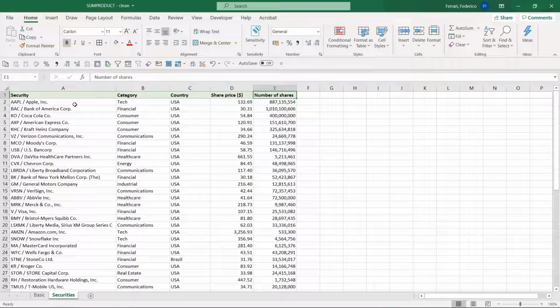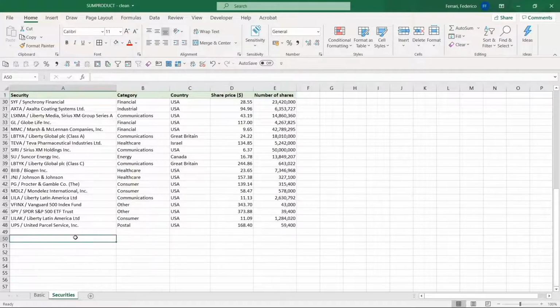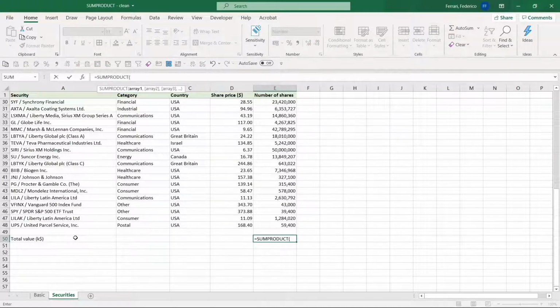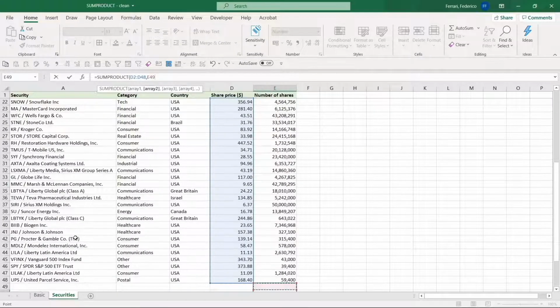To calculate the total value of all securities, we could take the long way, calculating the value of each security and then summing all these numbers. Or, if we're not interested in every single value, we could quickly calculate the grand total with SUMPRODUCT. And let's do it. We go down here, let's write total value here in, for example, $1,000. Okay, and here let's write SUMPRODUCT, array number 1 is the share price, comma, array number 2 is the